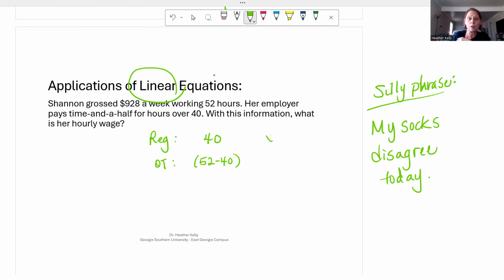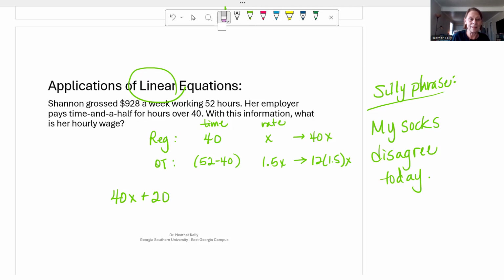And we don't know what the wage is, so we don't know what the rate that they're getting, but we know when they pay overtime, we get time and a half. So if we multiply these guys together, we get 40x, and we multiply these guys together, 12 times 1.5. Now let's see what that is here, 12 times 1.5. So our equation is going to be 40x plus,